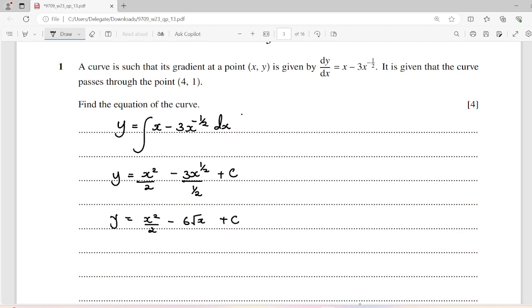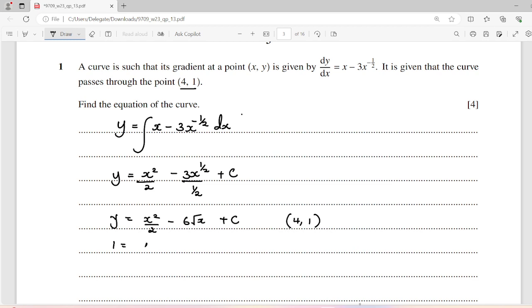So how to get the constant of integration? We are given a point. This point lies on the curve. So if it lies, it satisfies. So we are going to substitute this very coordinate in this equation of our curve. So we shall have 1 equaling to